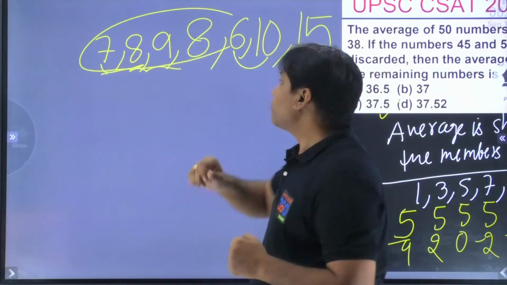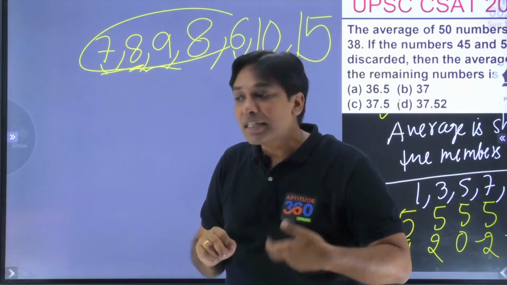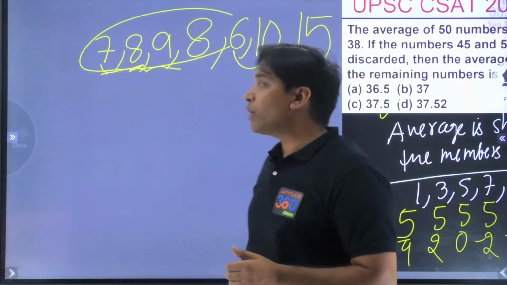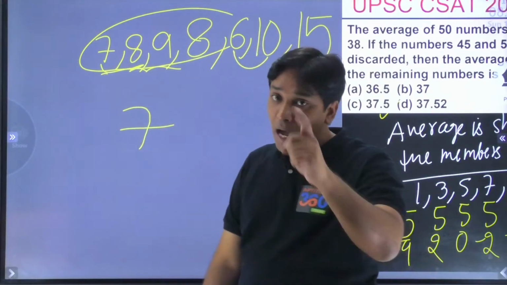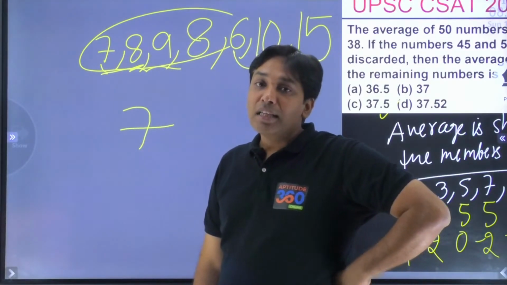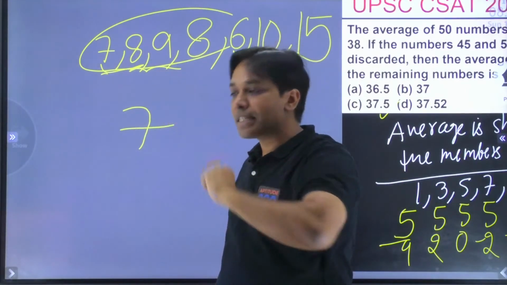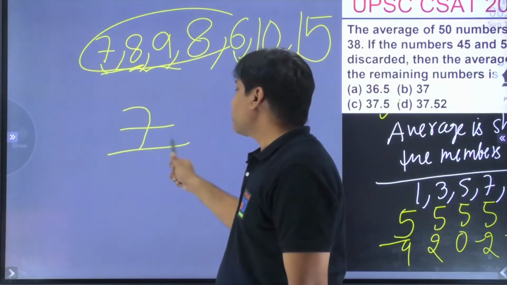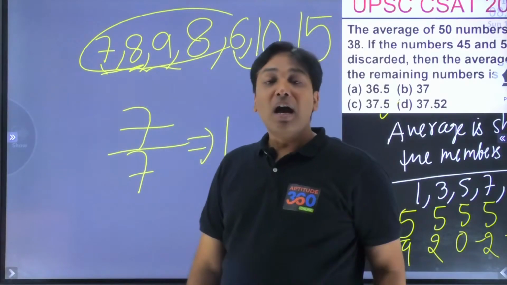So what is that we should be doing? This is 15. How many extra is it bringing? 7 extra. Do you understand? ये 7 extra लेके आया। अब average का concept क्या बोलता है? That extra should be divided amongst everybody, because average is one value that we can assign to each and every one of the group. So 7 को हर किसी को एक एक्स्ट्रा मिल